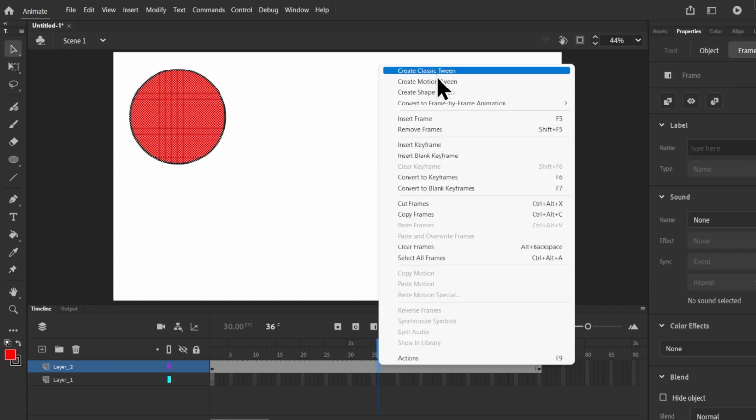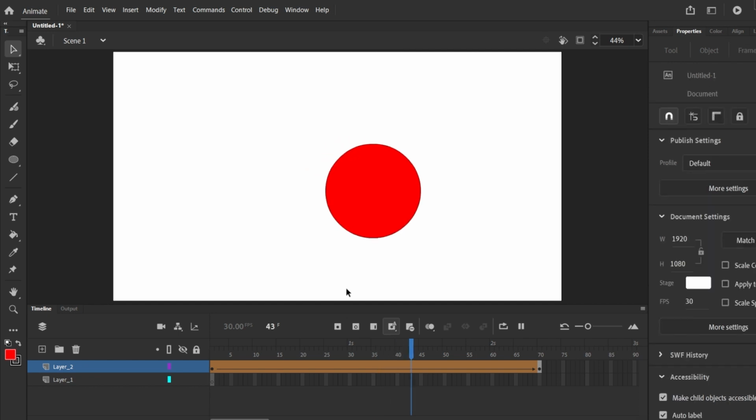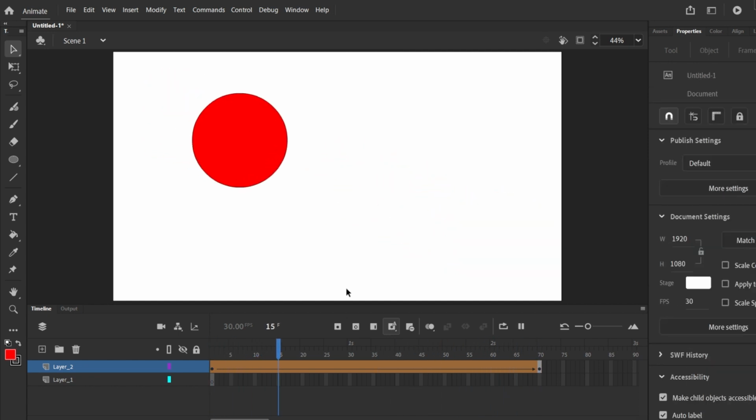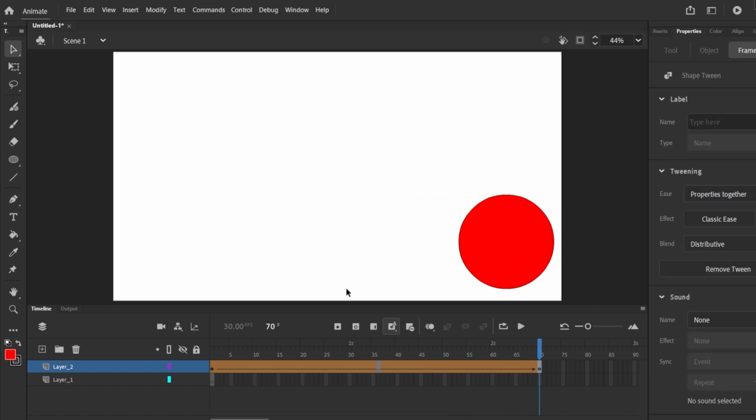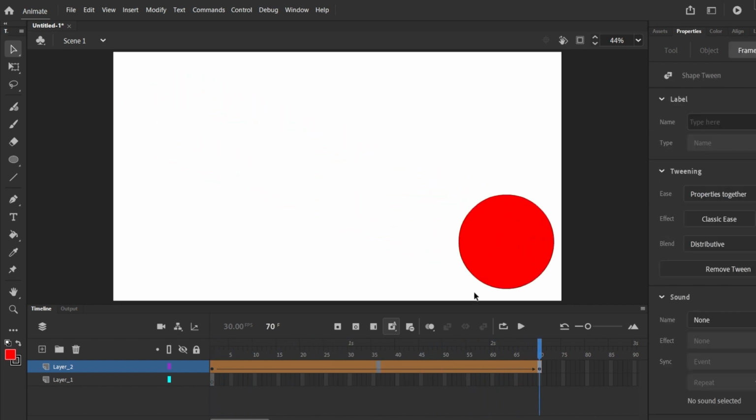You have create classic tween, motion tween, shape tween. Right now you're in shape tween. When we work with symbols, we'll go to motion tween. The color of this should be brownish or orange or yellow, like ochre. And then when you press enter or return, your animation should work. This is the simplest and easiest way. You can also click over here